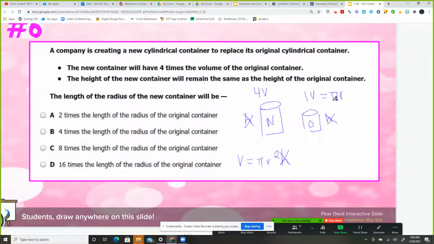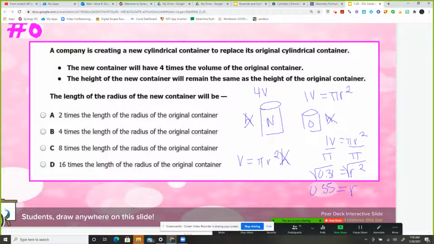Come back here. Pi r squared. It's probably the coffee that I spilled all over my computer and my calculator that's causing me issues. So if I divide all this out, 1V equals pi r squared divided by pi and divide by pi, then the radius squared equals 1 divided by 3.14. r squared equals 0.31. And then we take the square root and take the square root. Square root of 0.31, r equals